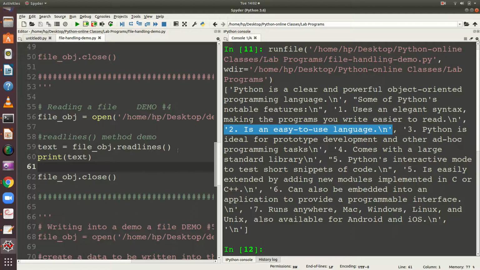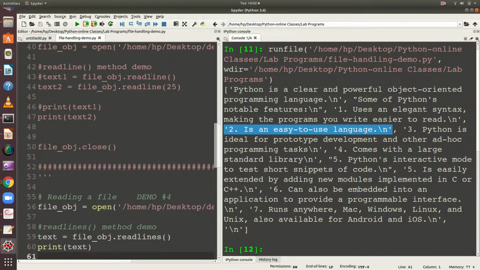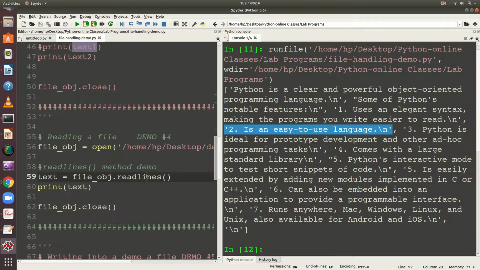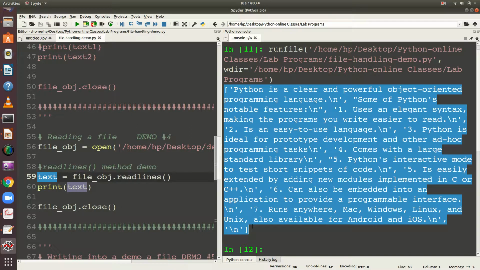So the difference between readline and readlines: readline returns only one line from the file, and the return object is a string. Whereas readlines returns multiple lines, as a list of strings. That is why the output is given inside the square brackets.